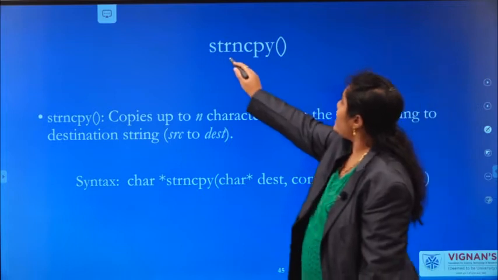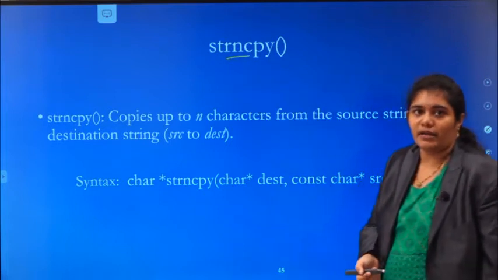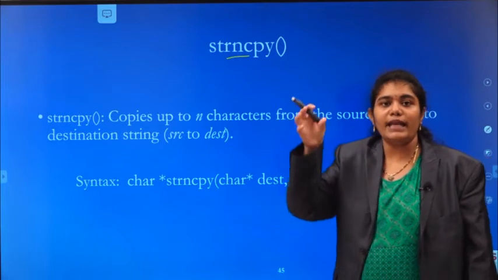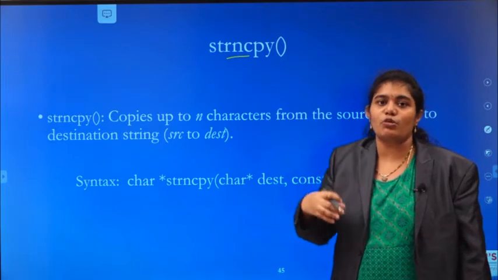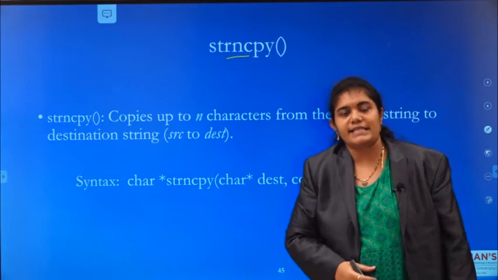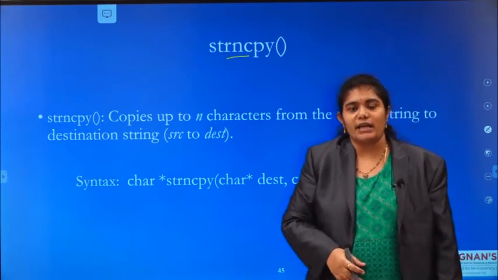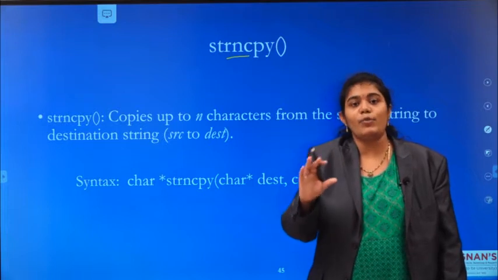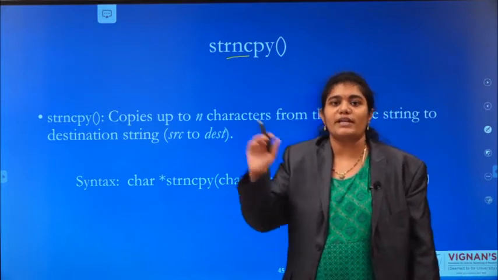And the next one is strncpy. The n in strncpy indicates that you are going to copy only n number of characters from source to destination.